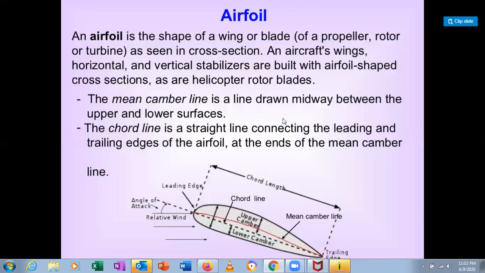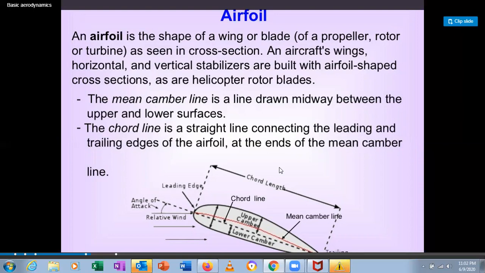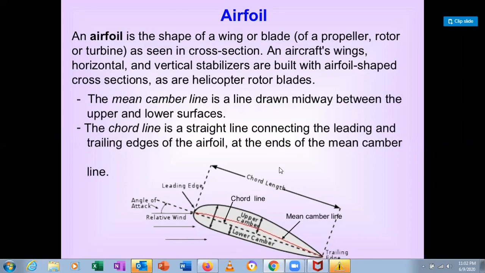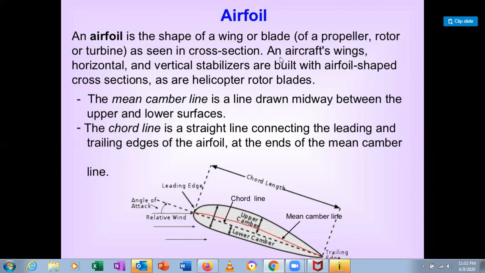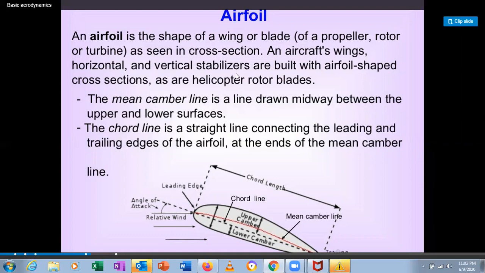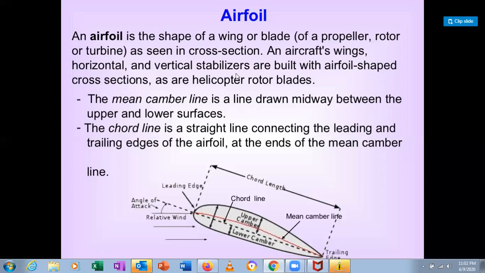In our concept, the first step in aircraft design is the selection of an airfoil. Please understand, it is very important to understand the airfoil. The airfoil is the shape of the wing or a blade. When I showed you the cross section of the wing yesterday, it has an airfoil shape, correct? The same goes for propeller blades and turbine blades, including wind turbine blades; all of them have the shape of an airfoil.